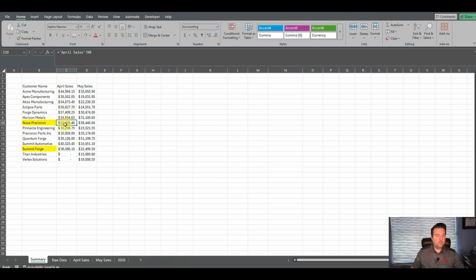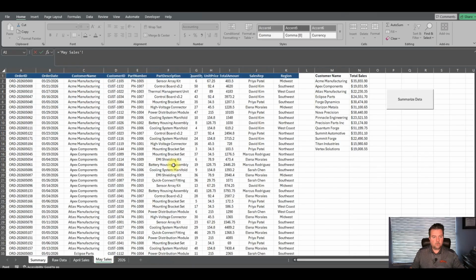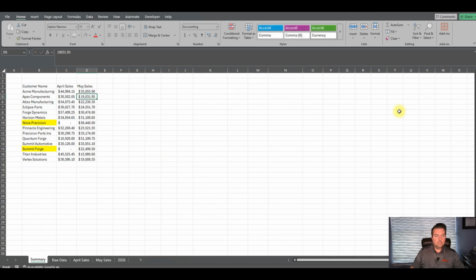the formulas. The only thing we have to be careful about is the shift with new customers. So this is still 0. There's no value for it, so we have to adjust for that. But then for this one, for May, we could say equals, go to May, find Acme, and now it is pulling that value. And then you could just drag that down. So you'll see N2, N3, N4, N5, and N6. Now it's pulling from each of those rows individually.